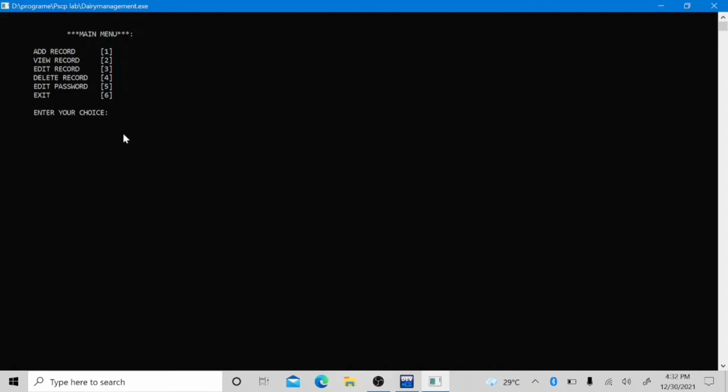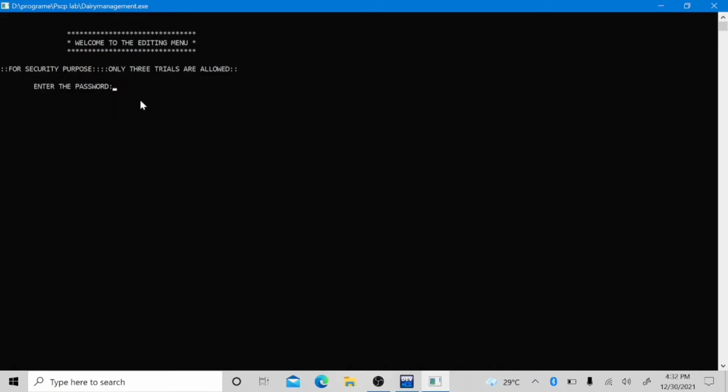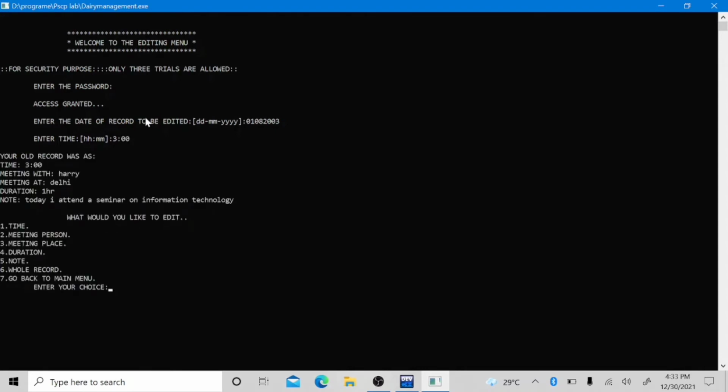If we have to edit records, press the choice. We can give the choice 3, the password, and as usual, the date of the record. It asks what would you like to edit.